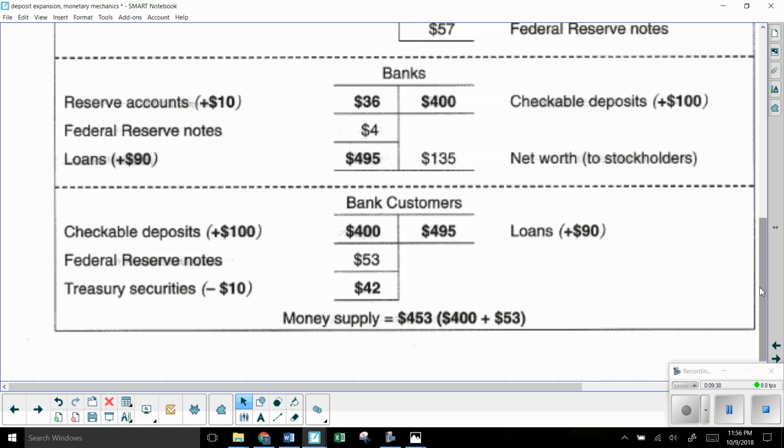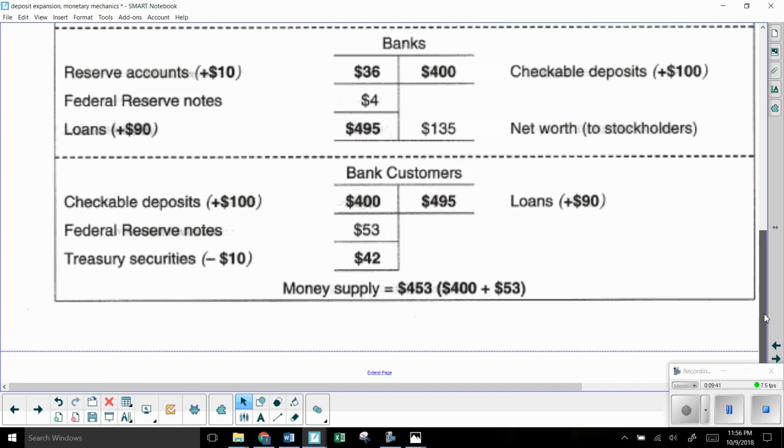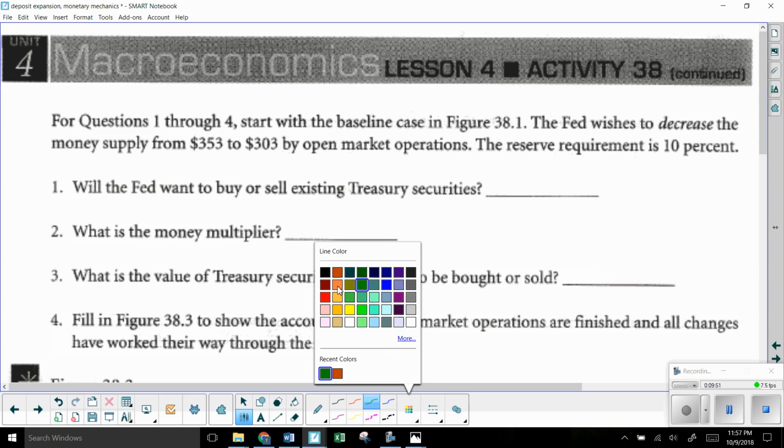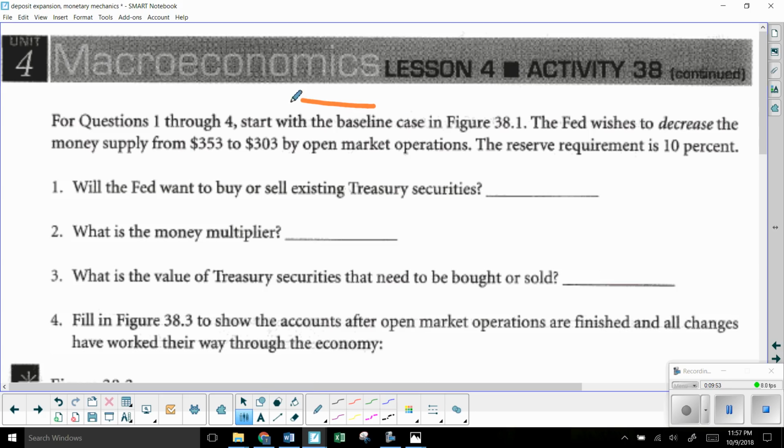So after you go through and kind of compare all the places where those changed, then the puzzle that they give you is a different prompt. They say start with that baseline case again. And I can't really emphasize that part enough. Let me put that up here and really circle that in orange, because you got to go back to that baseline case there and see what values were originally on the T account